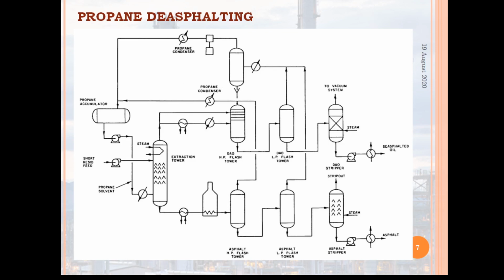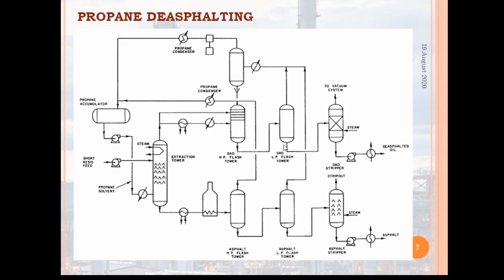In the high pressure raffinate flash tower, as there is a production of the high pressure, there is a tendency of foaming and asphalt entrainment, which can be a major problem. To minimize this problem, the flash tower needs to operate at 290 degrees centigrade to keep the asphalt viscosity at a reasonably low level.